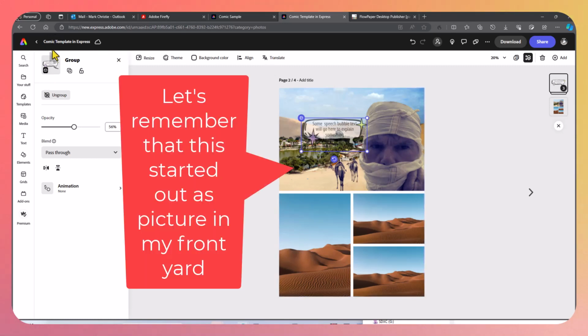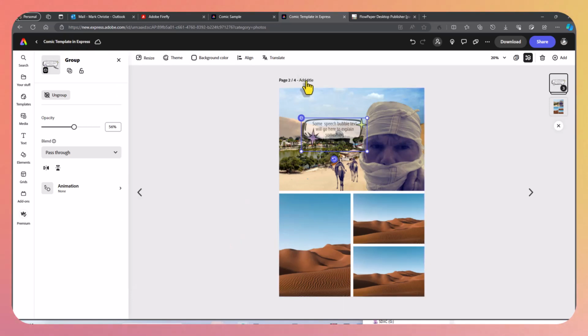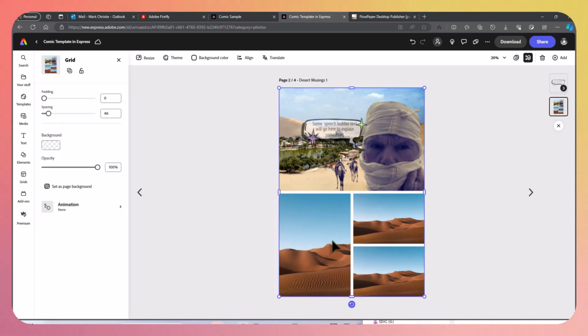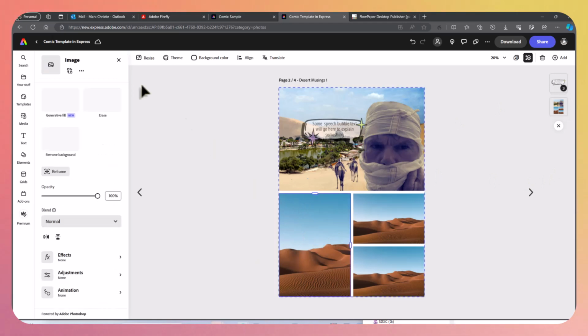So you can see up the top here, I've called this a comic template in Express for each page. I could set the page title, so this could be the name of the comic. Desert Musings 1, then I could create another page, Desert Musings 2. So you go through with each of these cells and change the picture,